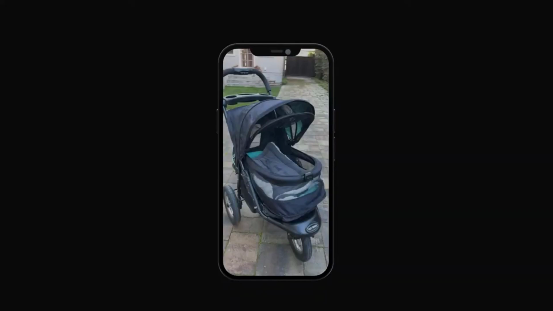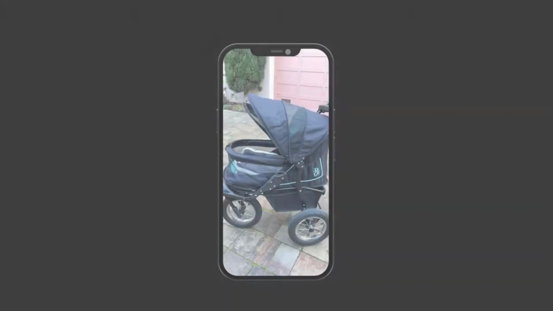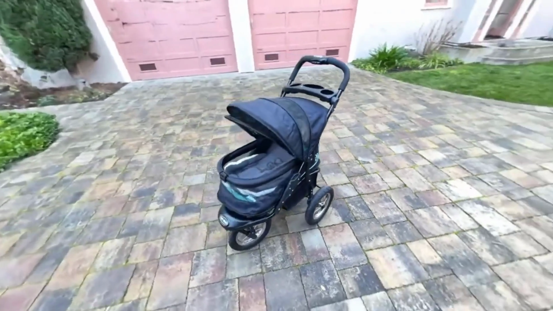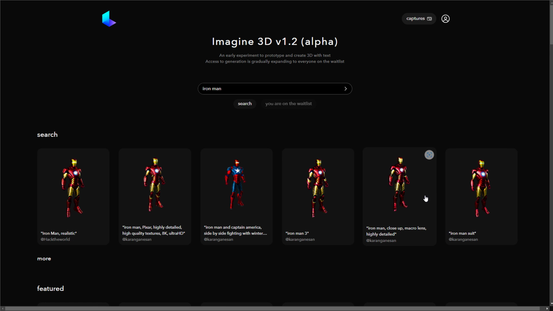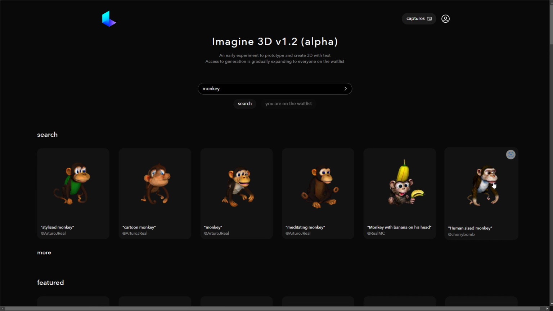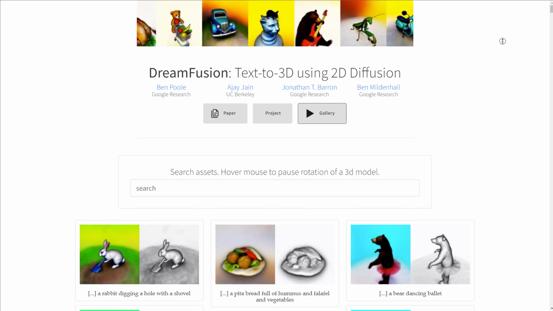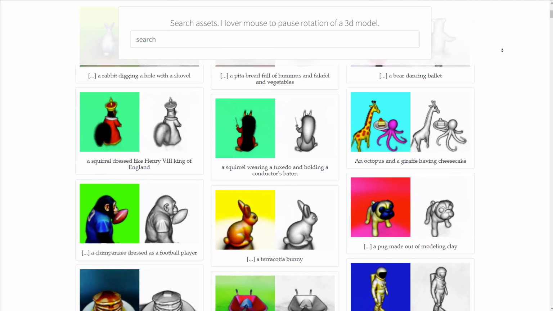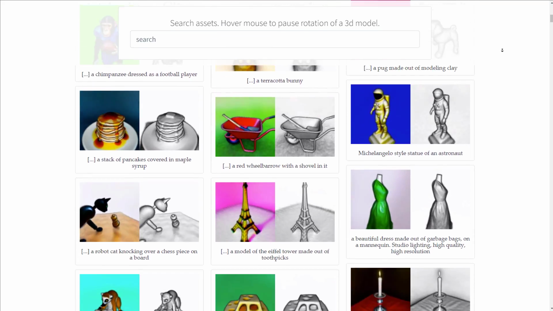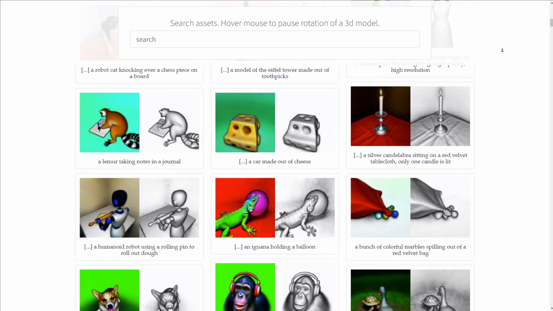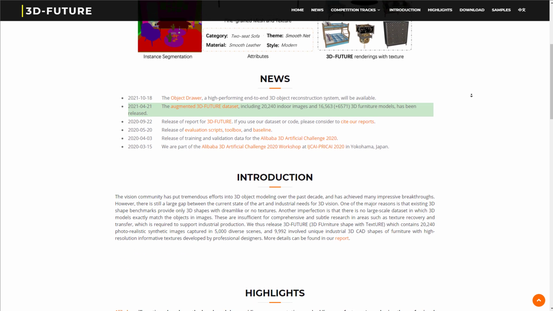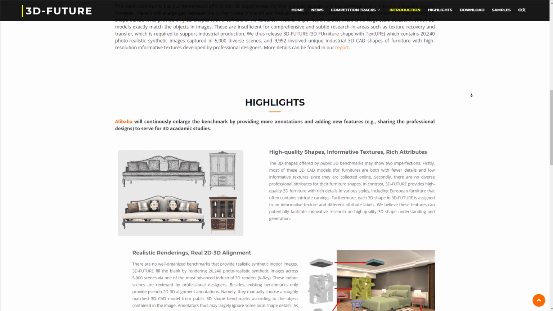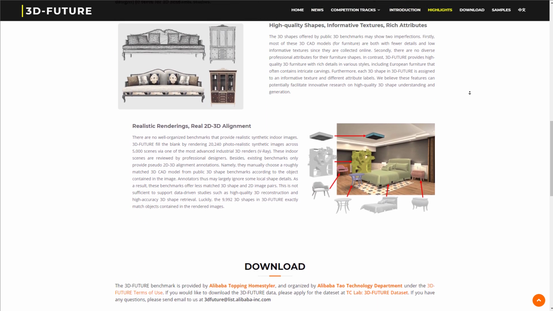This technology allows anyone to capture a scene with a simple camera or their mobile devices and generate a 3D version of that. Alongside this, they are constantly working on a platform implementation for a prompt-based 3D model generation, which is in one way similar to what you have with Dream Fusion. Although, in this case, the description isn't as comprehensive as the to-be-announced Dream Fusion or other complex tools like the 3D Future, which allows for generation of a fully textured 3D model that offers both the mesh, the lamp maps, and